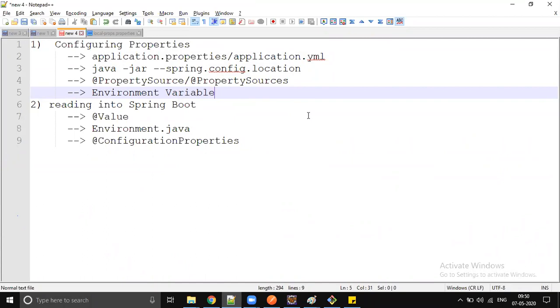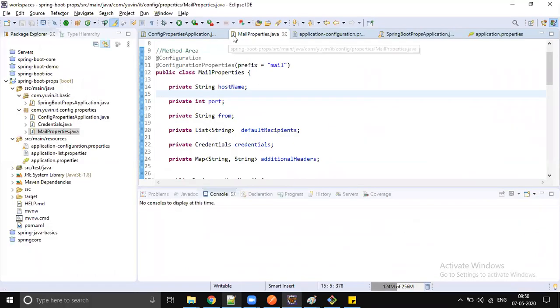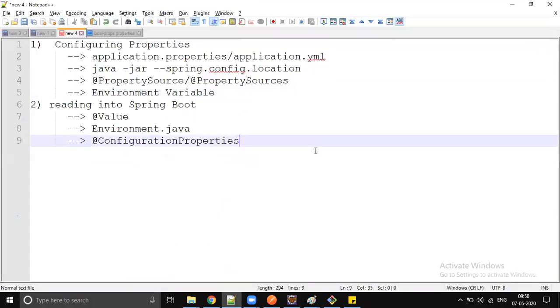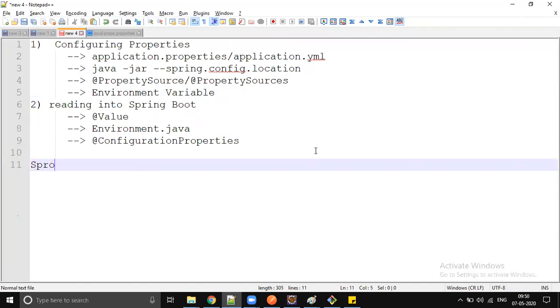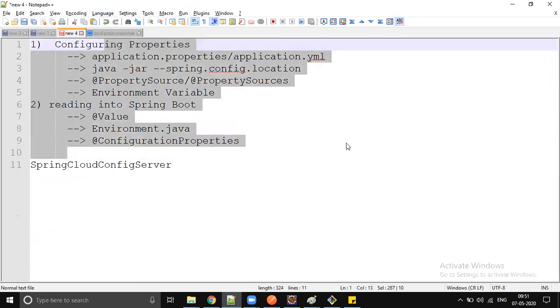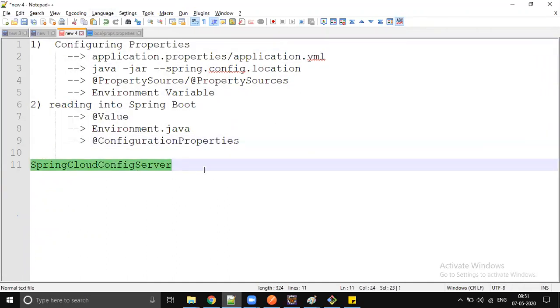It's a huge concept for sure. In microservices, we read some configuration. Okay, for sure we will read some configuration, and one more confusion on top of this. Once we jump into the microservices architecture, there is another concept available called Spring Cloud Config Server. This is what we're going to use in real time. We don't mostly use all these things. We don't make developers take care of all these configurations, right? Whatever is secure, we're going to load it through Spring Cloud Config Server. This is one of the concepts in microservices architecture.